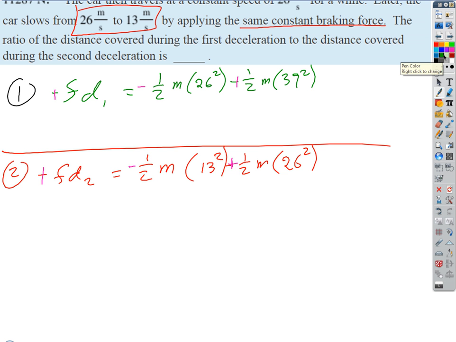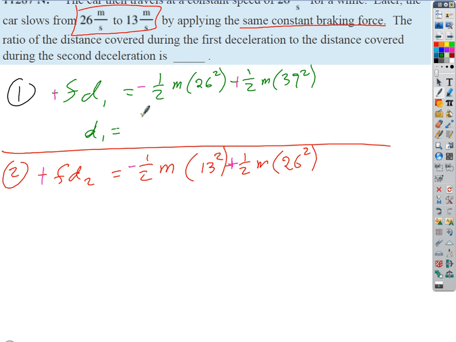and I'll tell you a little secret here, you're going to find out at the end that it doesn't even really matter how we deal with the sign, because we're just going to take a ratio, and we're either going to get a positive number over a positive number or a negative over a negative. Same answer either way. So if we solve for d1,